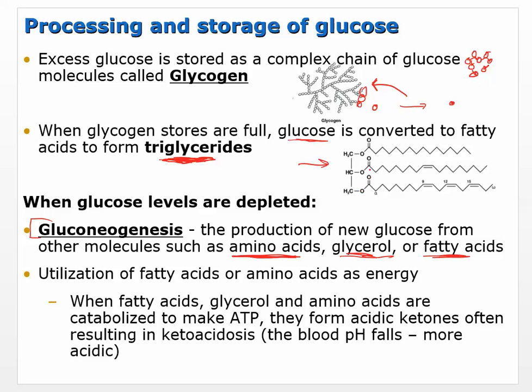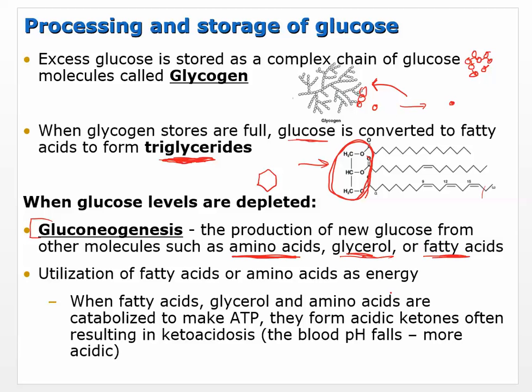Now, what is glycerol? Glycerol is just this little bit right here of a triglyceride. Okay, so it's 3 carbons. Glucose is a 6-carbon sugar, and so you can just sort of wrap this around, and you can make glucose out of it. Fatty acids, usually these are broken off a couple at a time and those can be used to make new glucose. The fatty acids are the tails here.